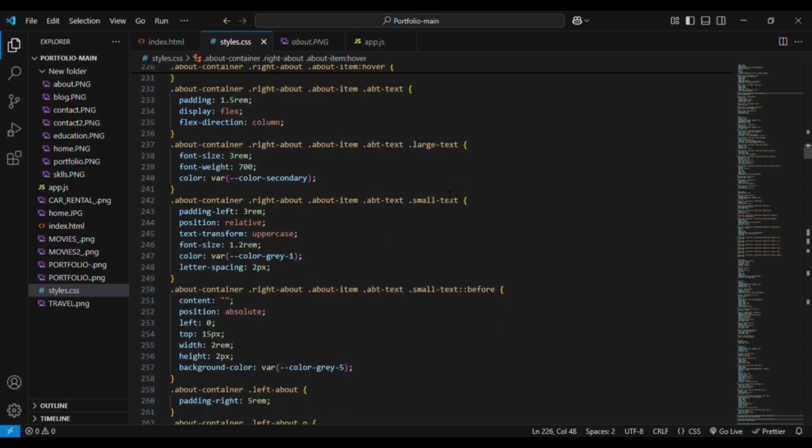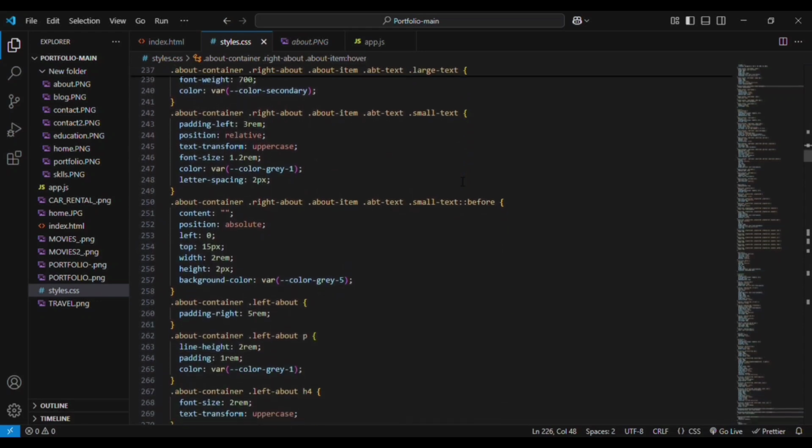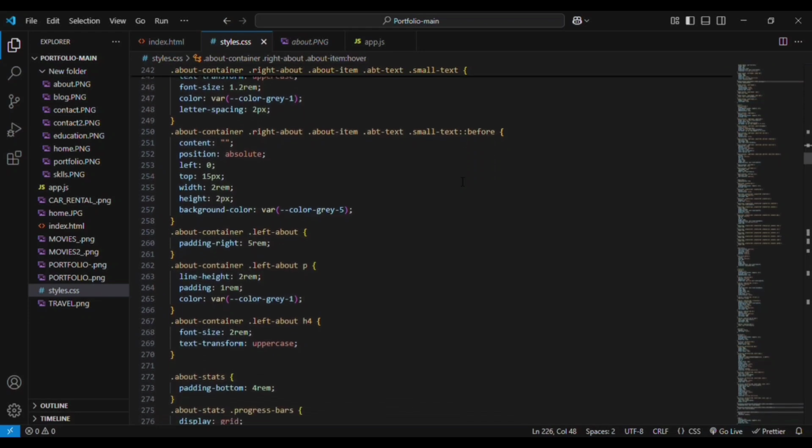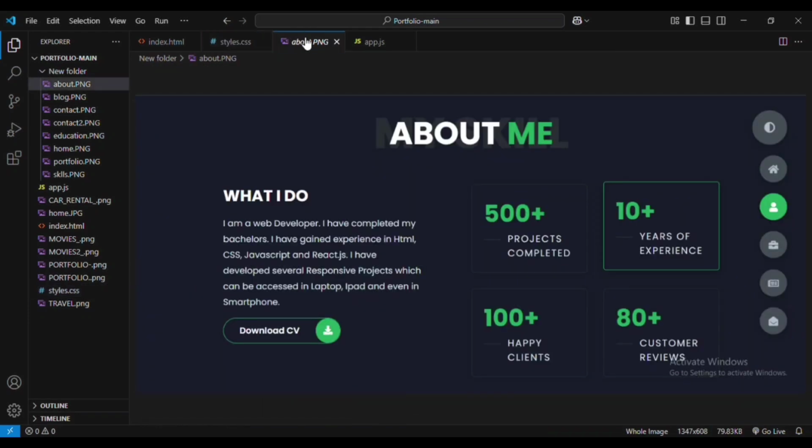Again, for the text, we have given the font size, font weight, and color values, and then we have small text before. This small text before is the underline we can see before each and every detail, that is, projects completed, years of experience. So this text line is done by using